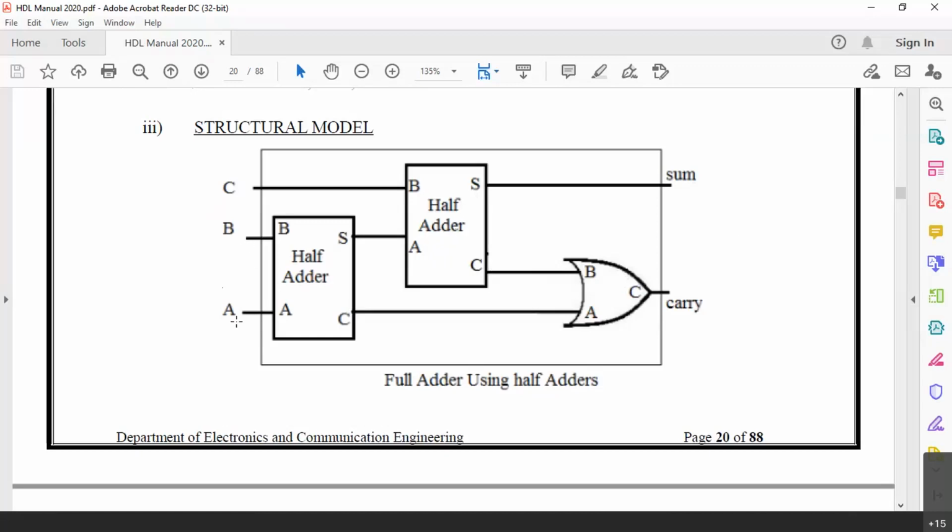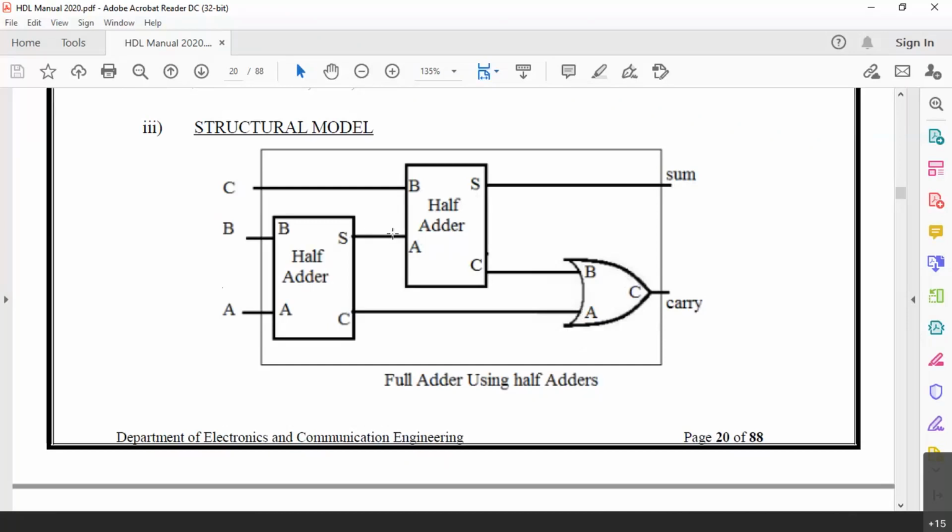You can see that A, B, C. So sum here is A XOR B, A XOR B XORed with C. So that is, sum is A XOR B XOR C. Now as far as carry is concerned, here AB, you are getting the carry here. This is one term that came here out of the SOP. SOP will have three terms here, AB plus BC plus AC. So you have this one term here.